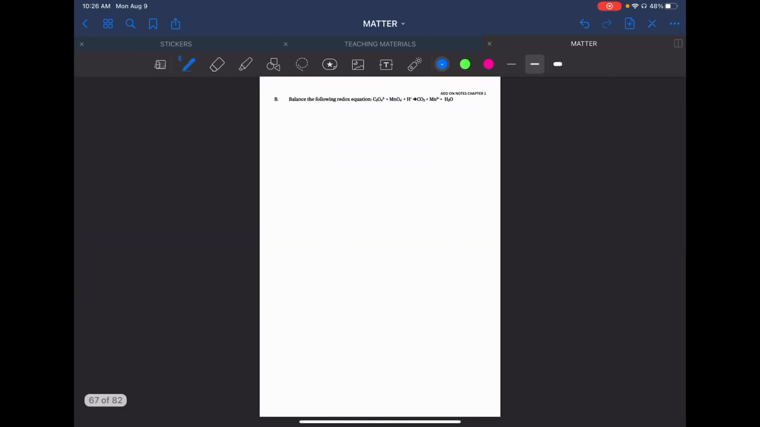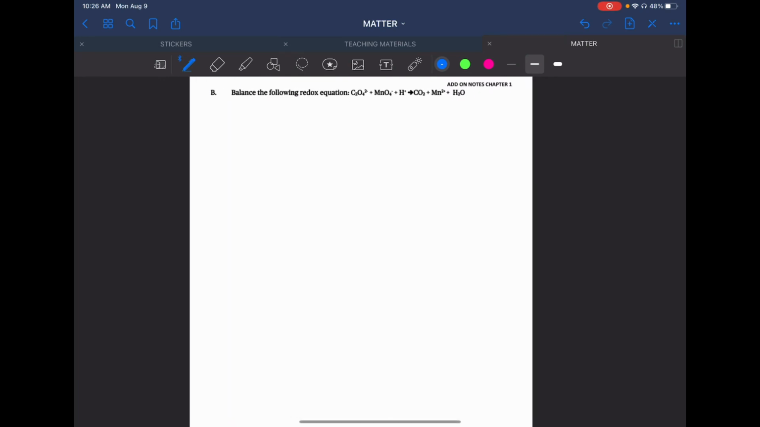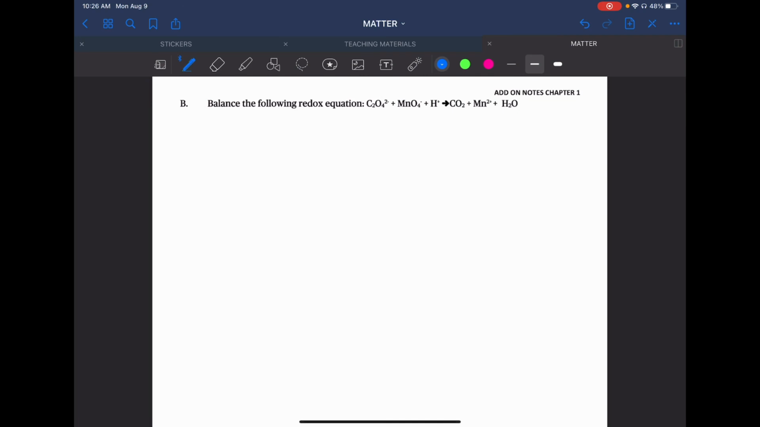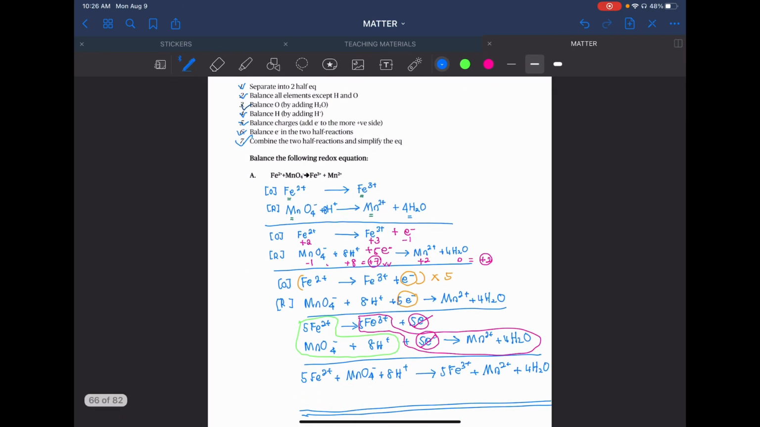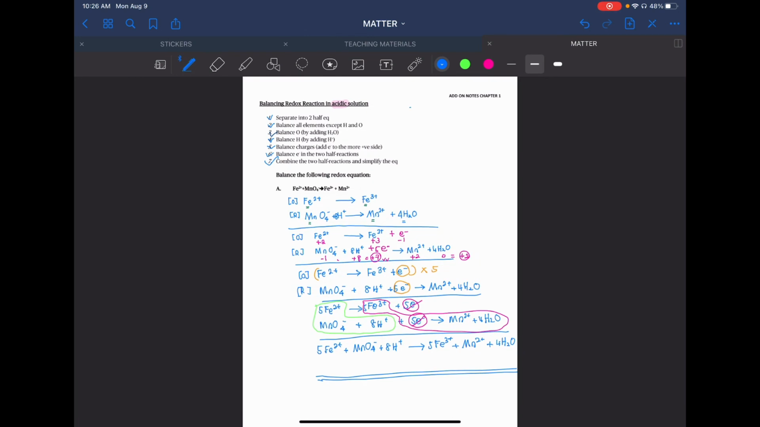Next, try to do on your own. This one. Madam bagi tips kat sini. Okay, you can ignore H plus and water. Okay, please ignore H plus and water. And you can refer to this one. Okay, refer to this step in order to answer the next